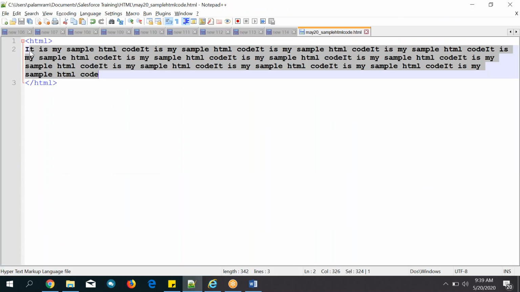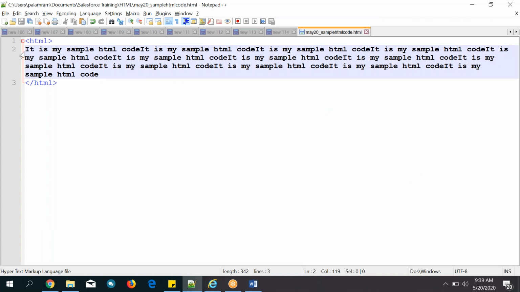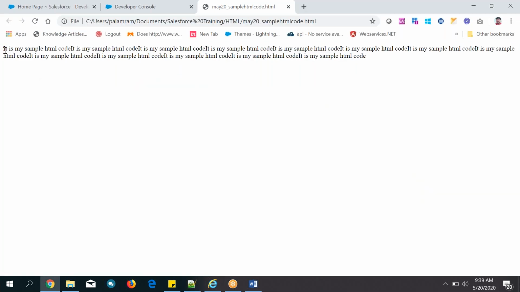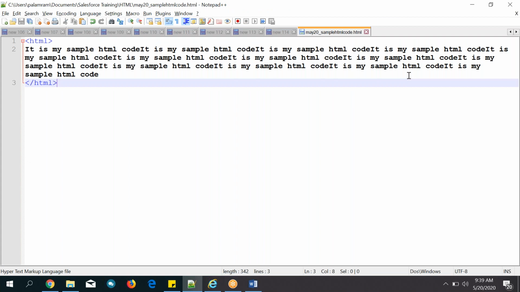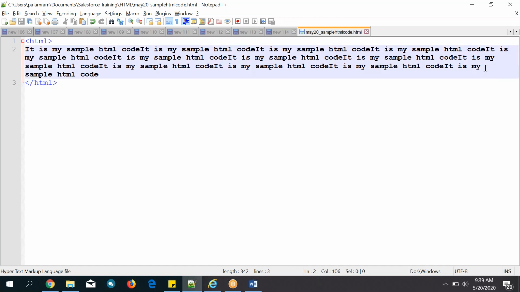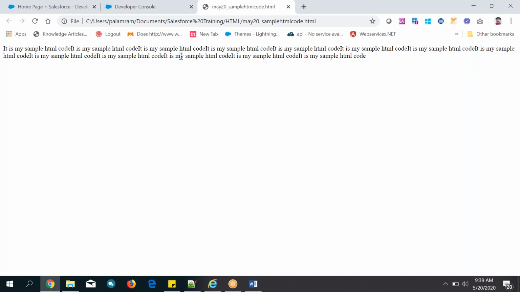Okay, cool. So whatever you are writing is not displayed in that manner here. I want to display it as it is, like 4 lines, but here it is displaying only in 2 lines. Now how to display 4 lines? With the help of HTML codes we can display exactly our requirements. What is our requirement? We want to display in 4 lines, and here it is displaying in 2 lines. That is not my requirement.